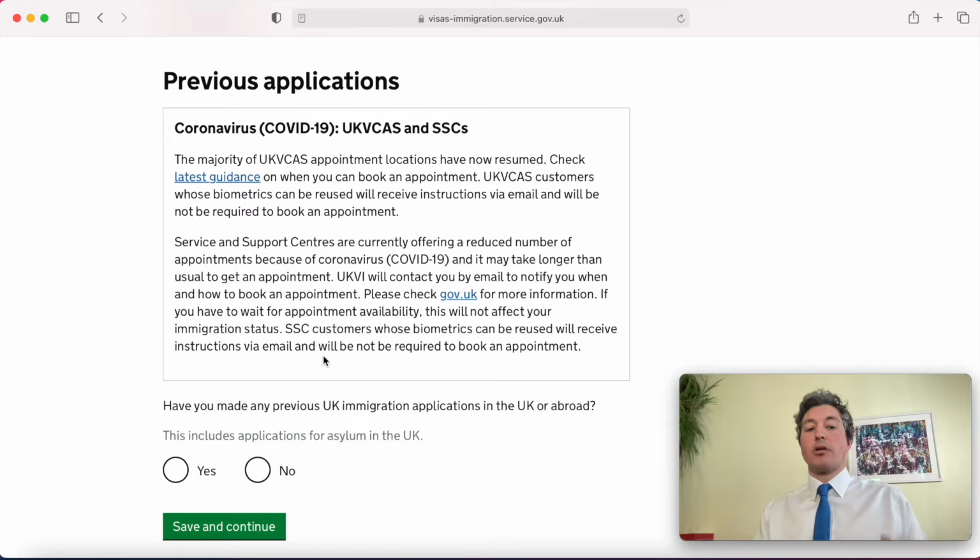For EU nationals, it may be that you applied pre-Brexit for a residence document of some description, in which case you put that application in. Otherwise, it's likely that you applied under the EU settled status scheme, in which case you should put in the details of that application. So I'm going to put in